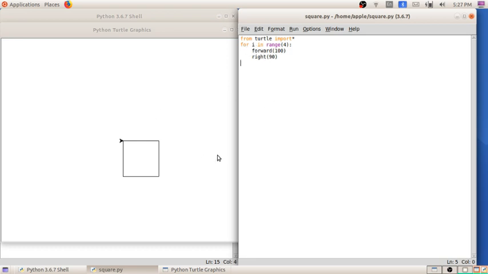Okay, so now you got the output. In this way we can create the square in Python language. Okay, so I hope it is clear to all of you. So this is program 4.1, to create a square by using for loop. In page number 48, you can see another 3 programs. They are for creating a triangle, pentagon and hexagon. So that also I will be showing to you. So just have a look.